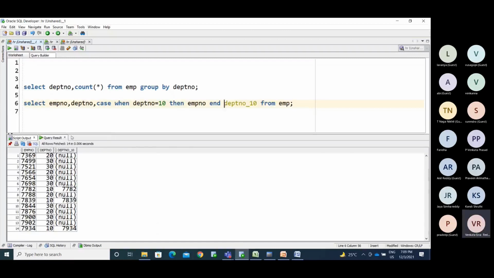Now we have the information here. For the 10th department, you are getting the information in this column, and for the remaining you are getting null. In a similar way, now I am putting another column.